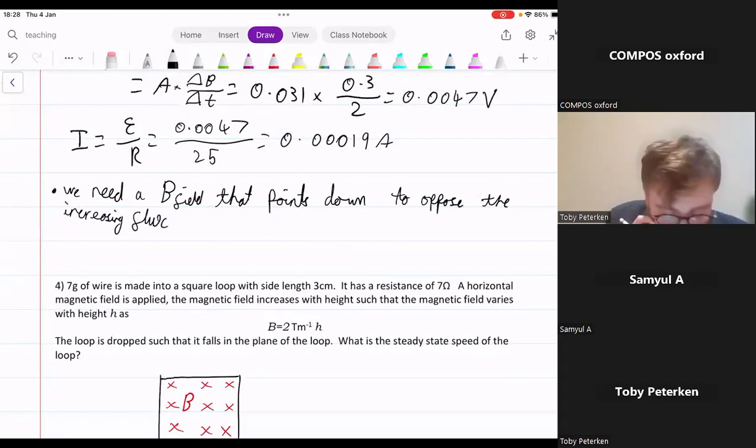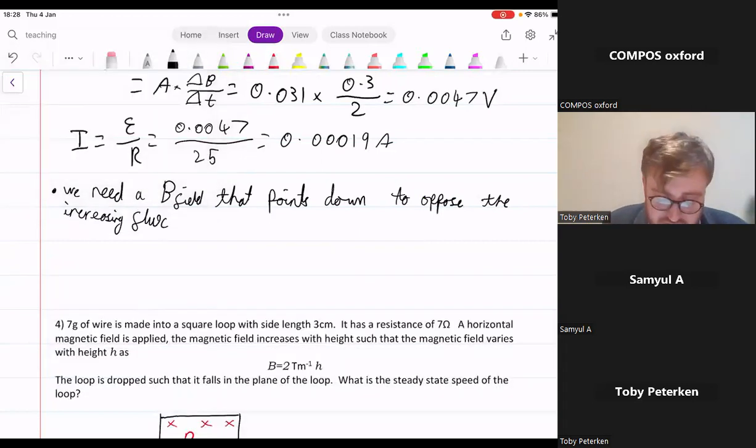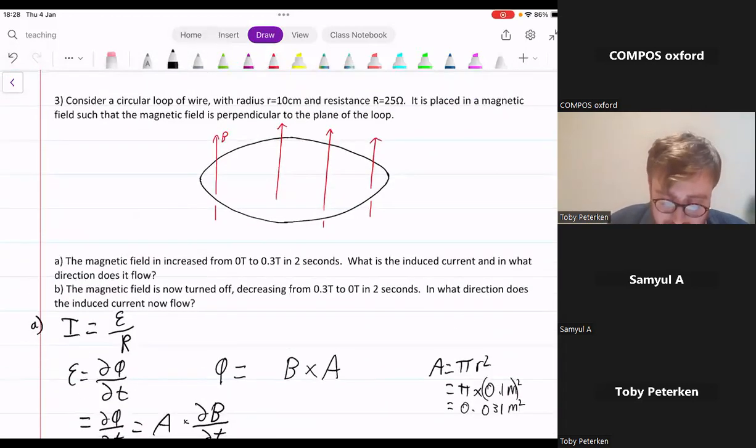So what direction does this? So we see here, magnetic field points up. We want a magnetic field that points down. So we want a magnetic field that goes this way around the loop, which means